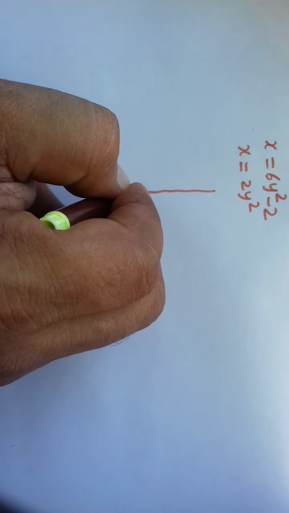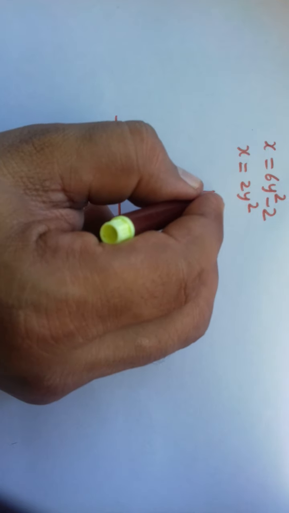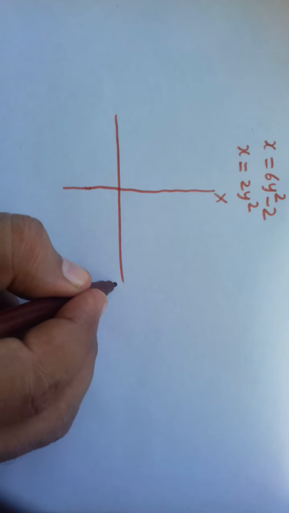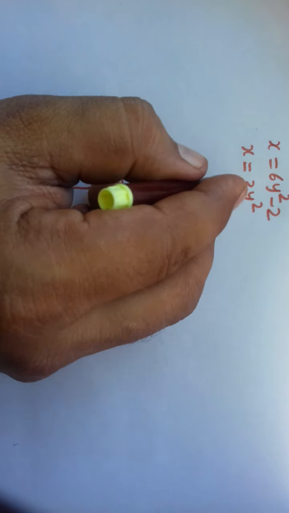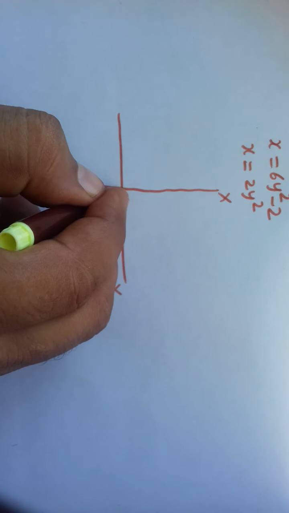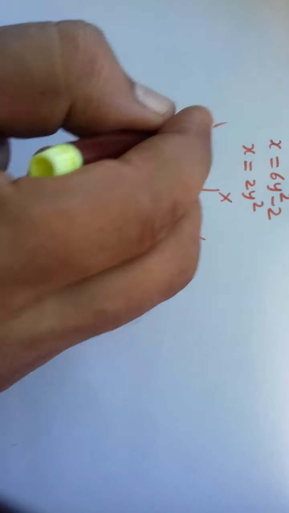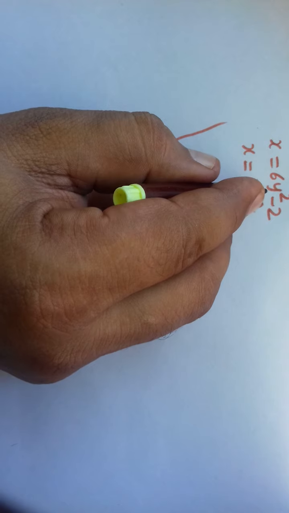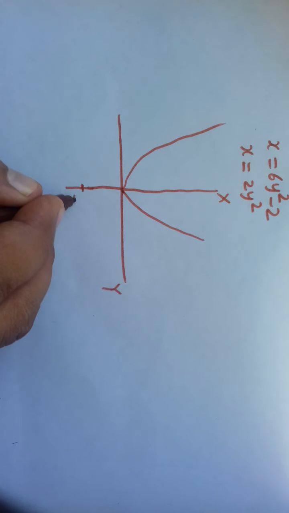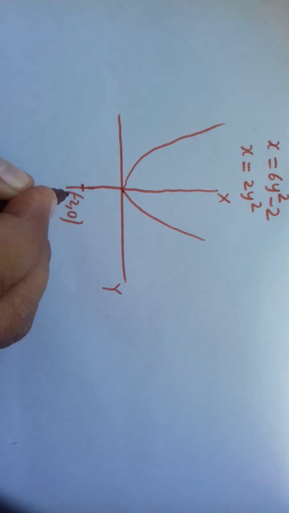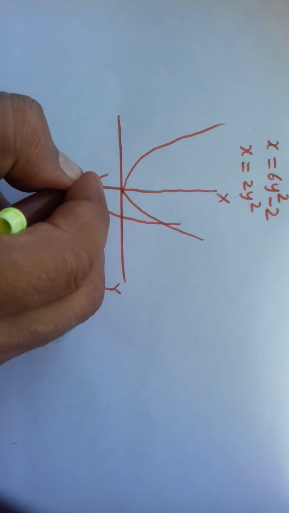Let us draw the figure for these two curves. Suppose this is the x-axis and this is the y-axis. This curve passes through the origin, so this will be like this, and the second one passes through minus 2, 0. So this curve is like I draw,